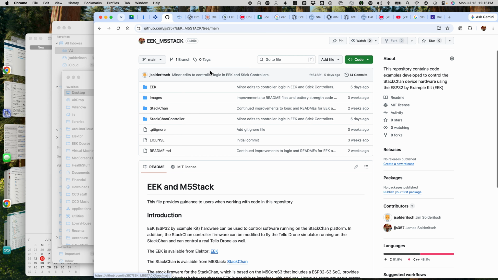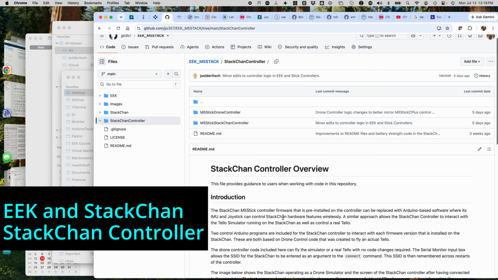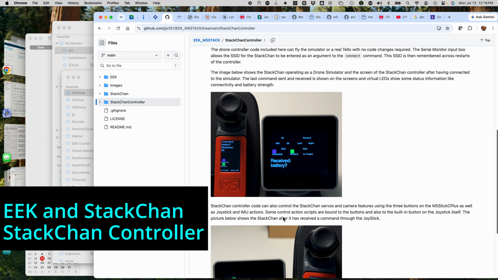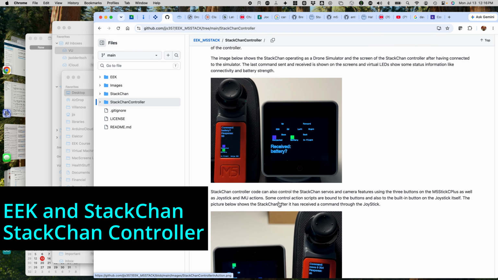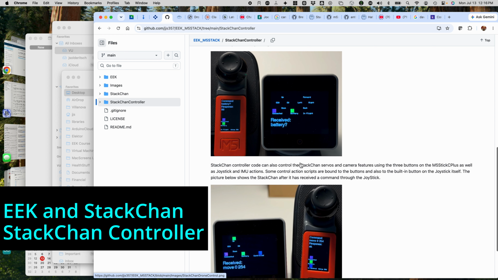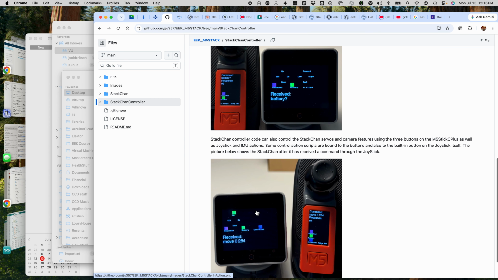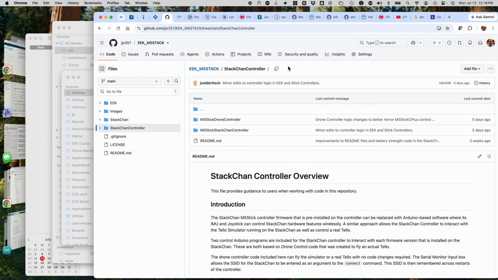Let me briefly show the StackChan controller, which we'll be covering in a future video. This is what it looks like side by side with the StackChan. In the first picture, it's the drone controller version of the stick hardware, and in the second picture, it's the stick controller operating against the StackChan, where I'm using its native StackChan features, its camera view, and its ability to have the servos moved. So let me go back to the